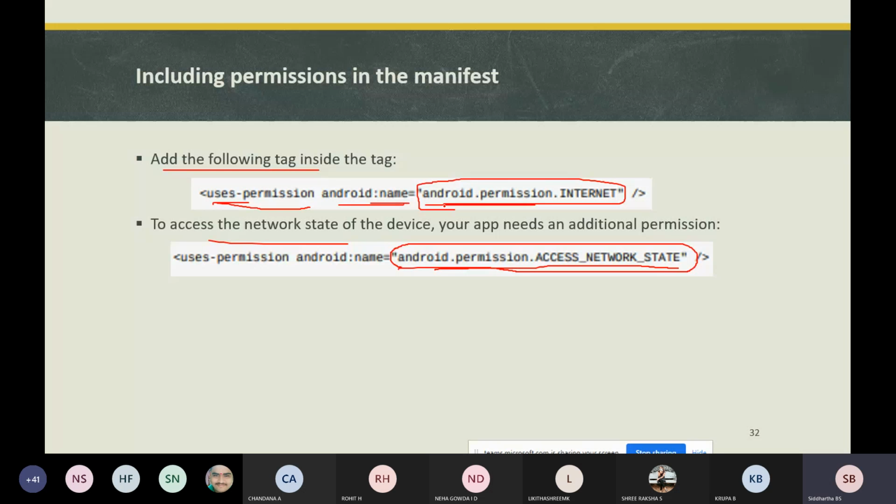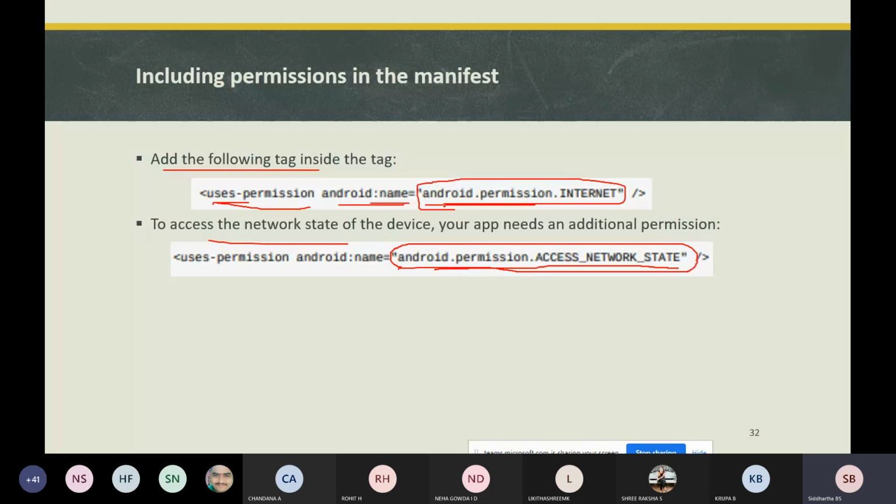So this is a request example. This code is the request example, where it sends a request to the URL and builds a URI. In this request, it obtains a new connection. After getting a new connection, it opens the input stream. After opening the input stream, we read the response. After reading, the response is converted to a string. After converting the response to a string, we close that connection. So this is the sample code.